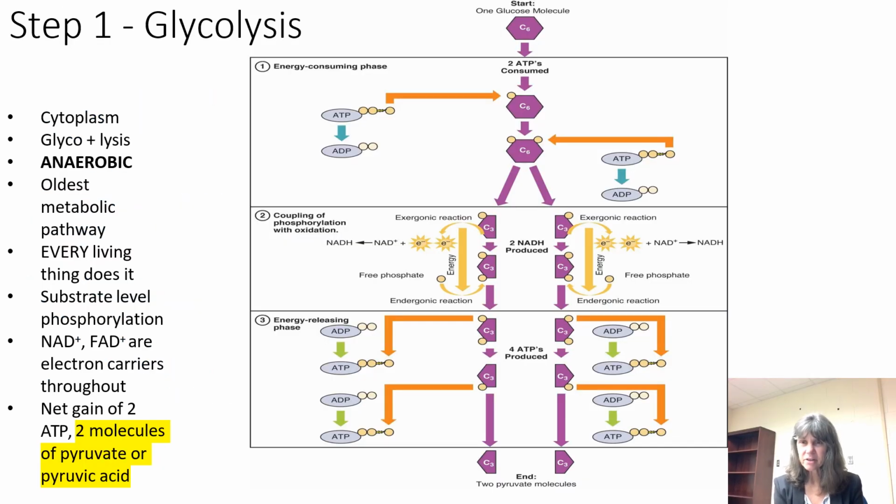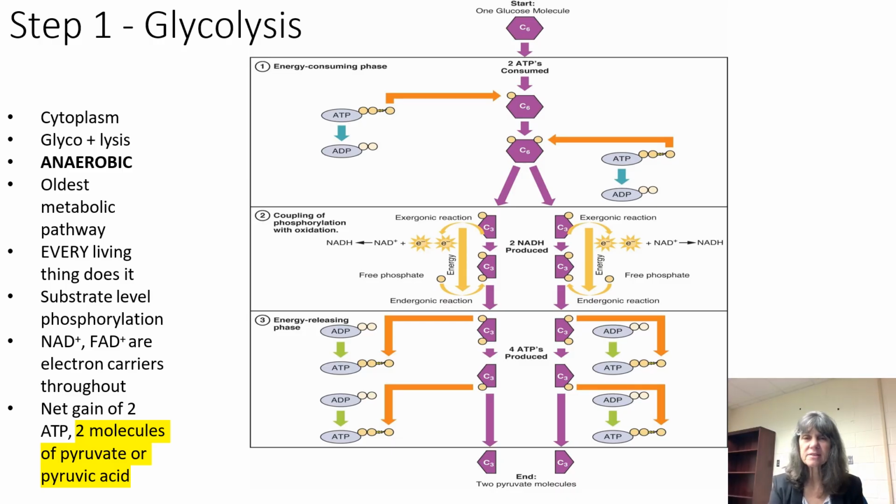The first step of cellular respiration is glycolysis. Glycolysis literally means breaking or bursting apart of a molecule of glucose. This is an aerobic process that occurs in the cytoplasm of the cell, and it's actually one of the oldest metabolic pathways. Every living thing does it. And we have what we call substrate level phosphorylation, and we also see that the NAD+ and FAD+ carriers are involved. So if we take a look at this chart at the top, you can see that one glucose molecule